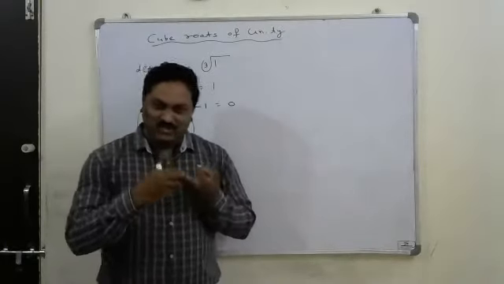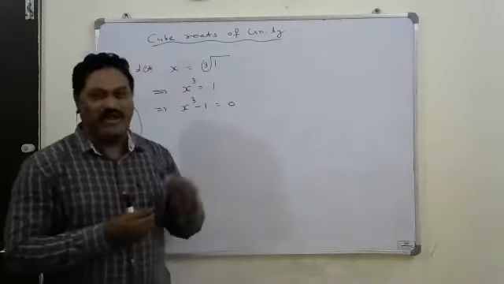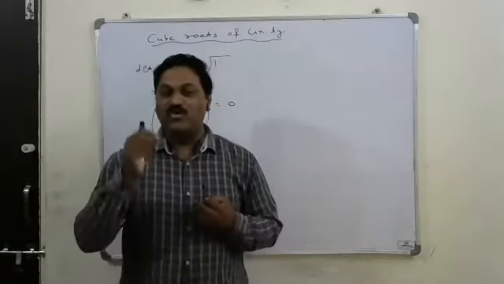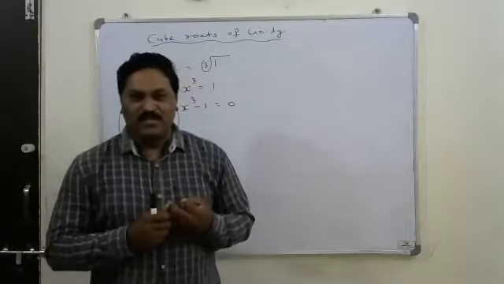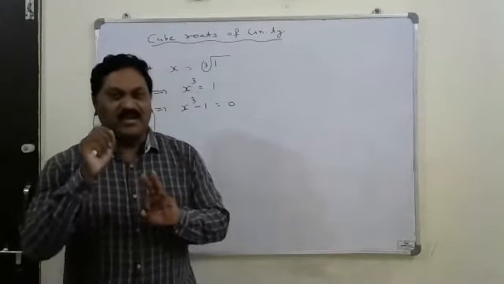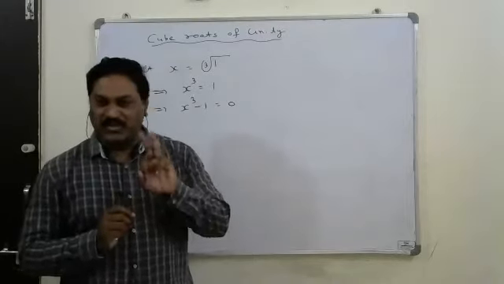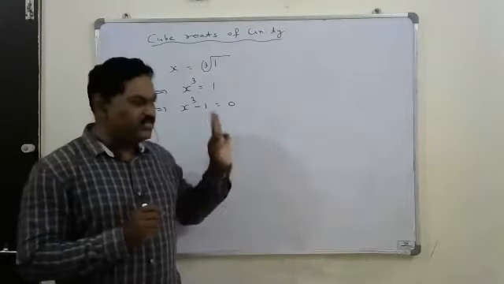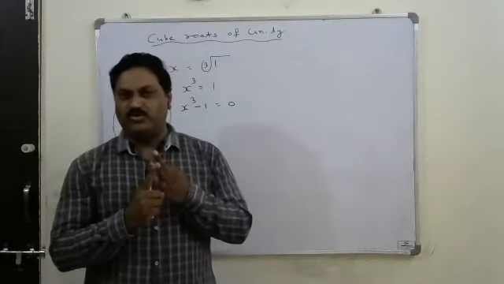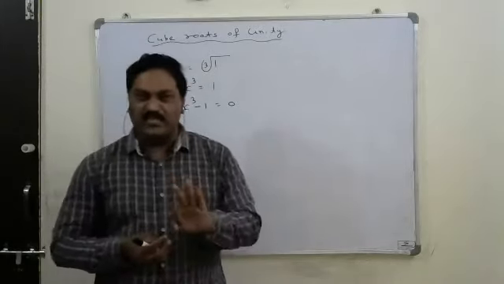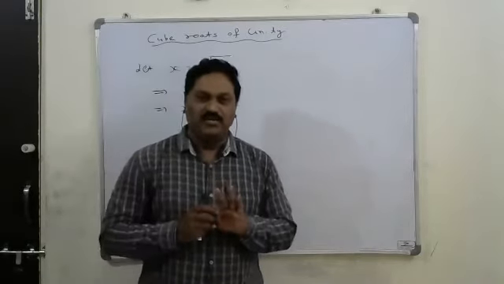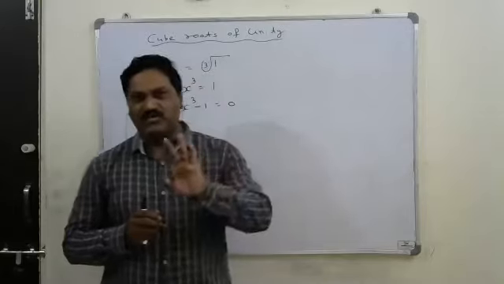Here, we can't find these 2 roots because in our original method, we can find only the real root. So the remaining 2 roots are hidden roots. Those are the complex roots. In this equation, we will have 1 real root and 2 complex roots. All these 3 roots together, we call them the cube roots of unity, right? Now we will find what those 3 roots are.